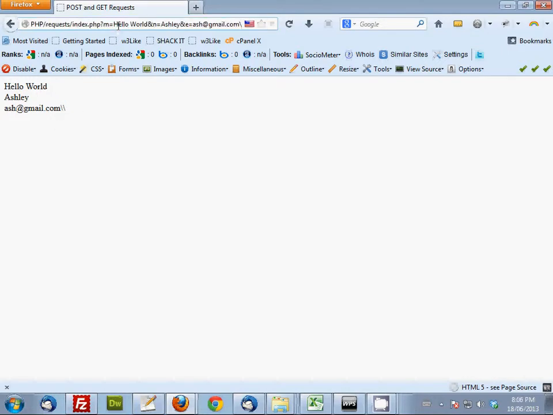Okay. So this is the very basic way of communicating with the server. I'm sending information to the server through the URL. In PHP, I can get this information and do something with it. What? I don't know. For example,